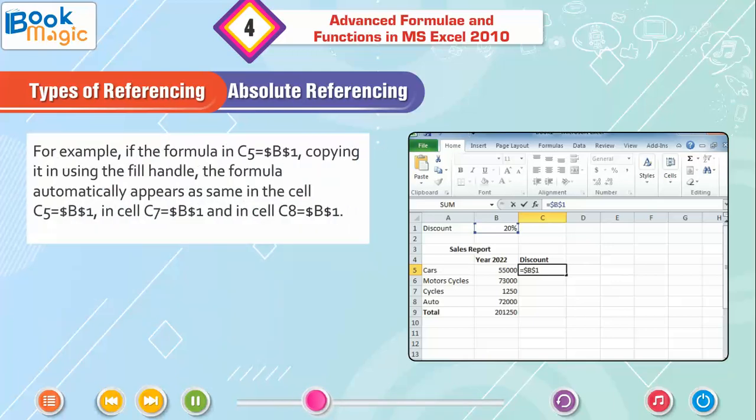For example, if the formula in C5 is equal to $B$1, copying it using the fill handle, the formula automatically appears the same: in cell C7 it is equal to $B$1 and in cell C8 it is equal to $B$1.